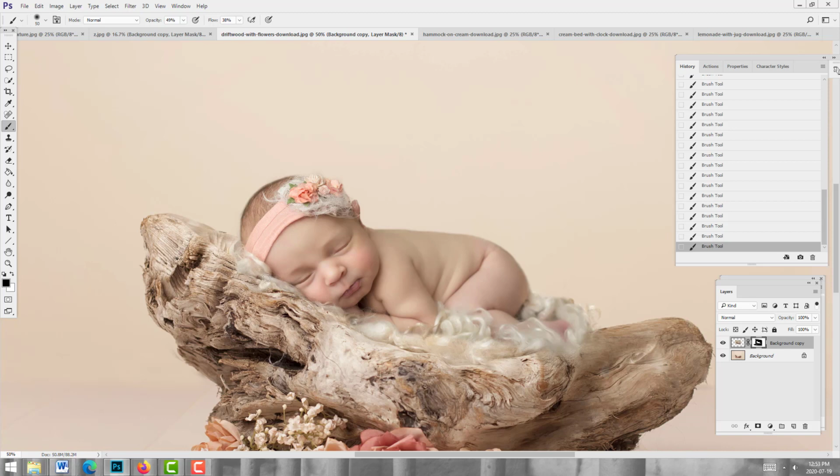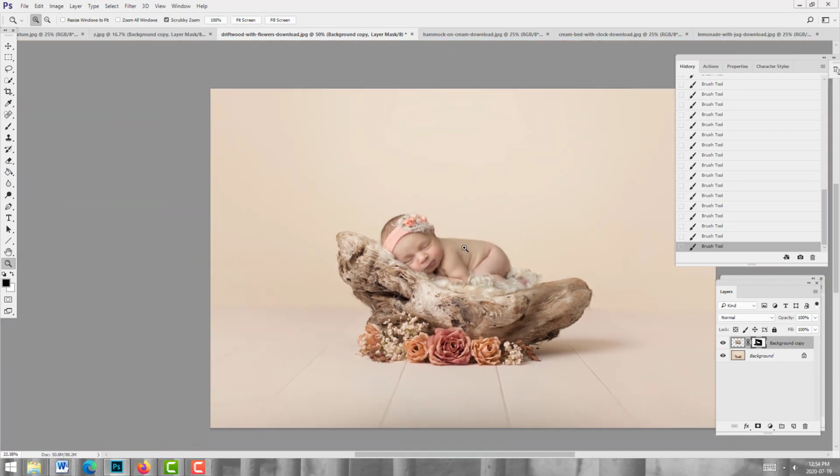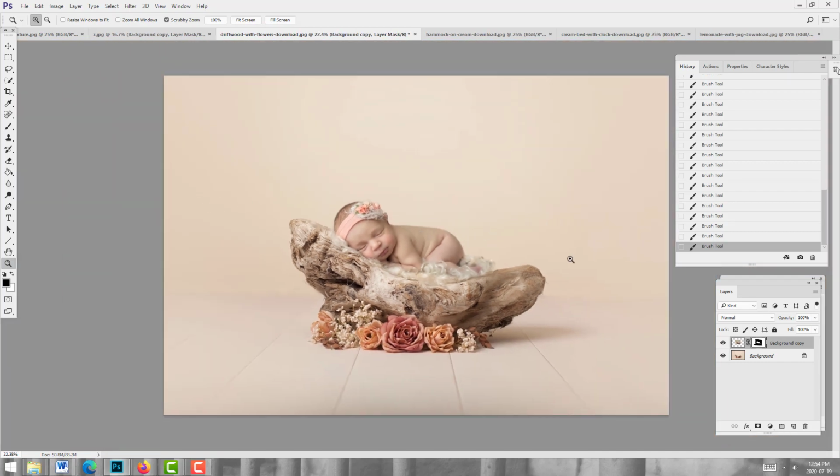So just gently going around the edges and blending her fluff with the fluff in the prop. And I definitely want to leave it in the back here, kind of as much as I can to get that shadowing that would appear. I'm going to flip over to the white to reveal her layer. It would be a little bit darker back there. All right, I'm going to hit the zoom, my magnifying glass, drag left to zoom out, and that is a very believable